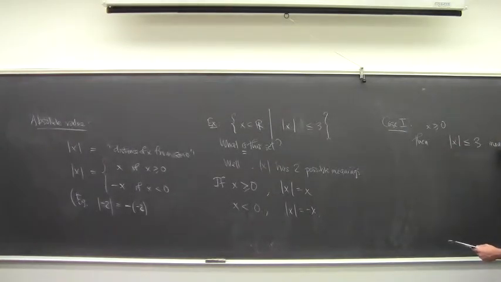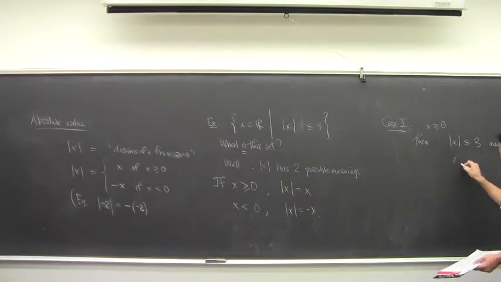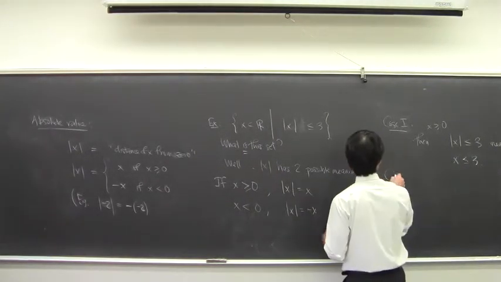This means, for the absolute value of x to be less than 3, what? What's the absolute value of x? If x is bigger than or equal to 0, the absolute value of x is going to be just x itself, right? So it means x is less than or equal to 3. Right. So case 2,